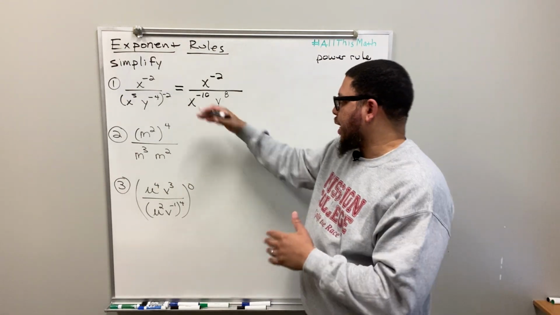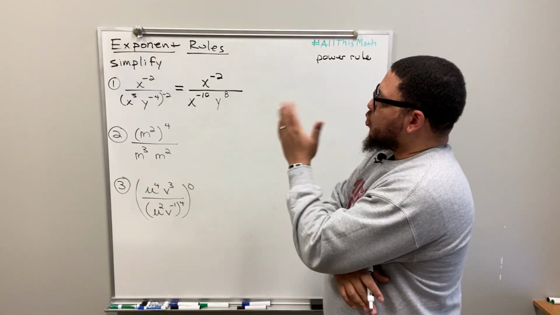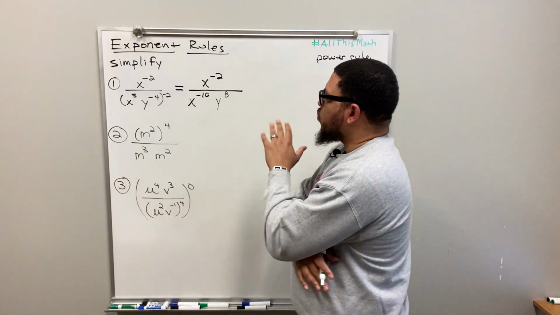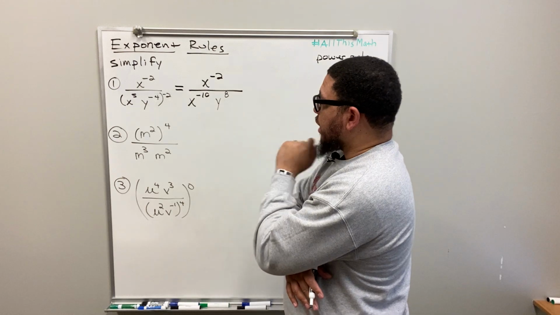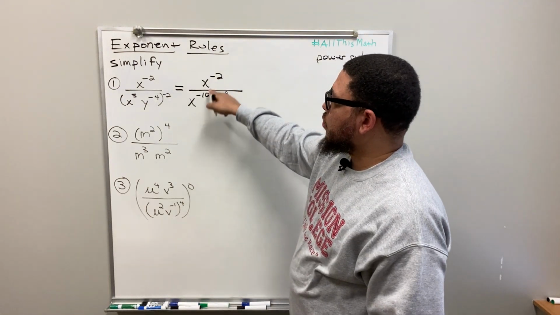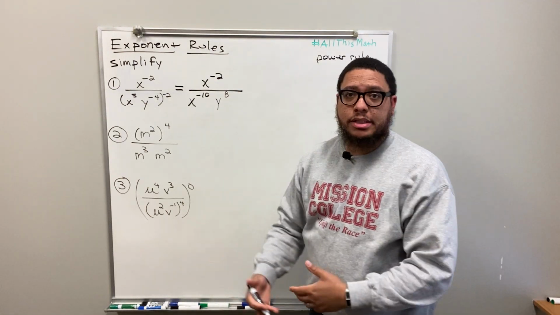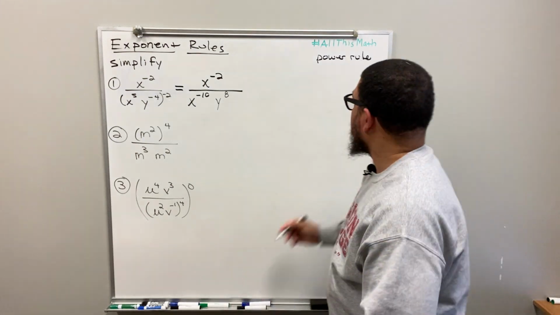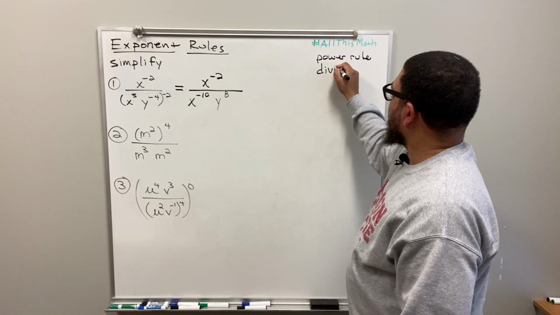So now I got to look at this and say, what rule can I use now? I got rules that I can use, but I got to think about which rule to use. So I know one thing I could do. I could use the division rule with these two x's. I could simplify those x's by using the division rule. The division rule for exponents says, let me put it up here. The division rule